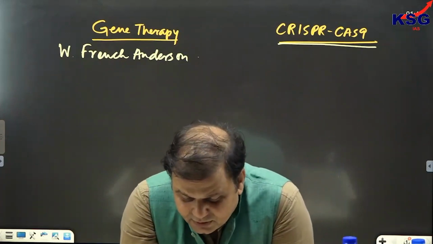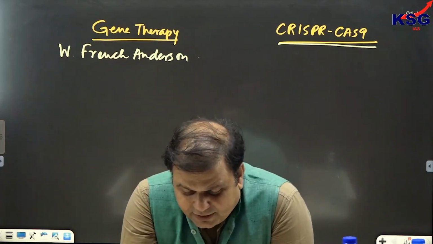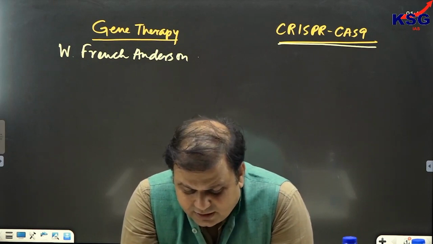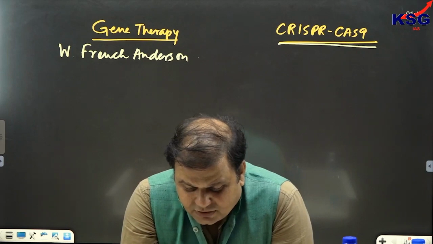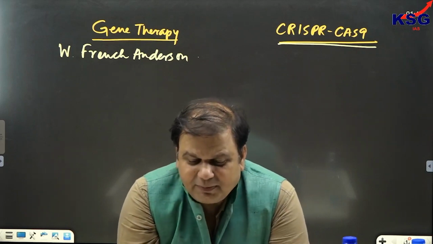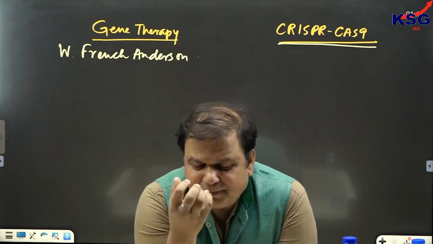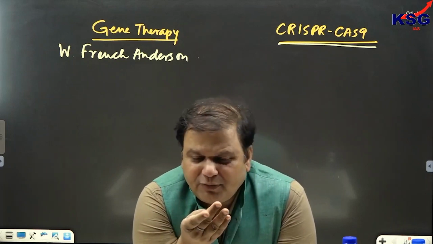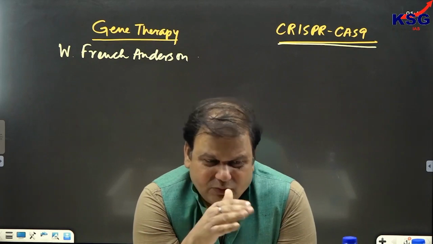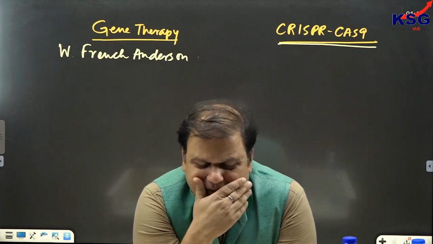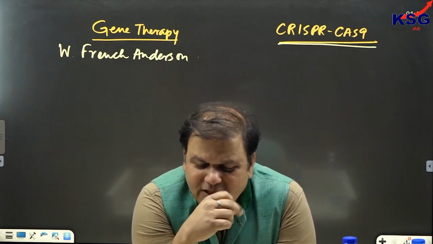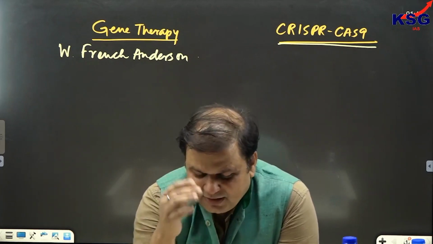Clear? Yes, gene editing tool I'll discuss just now. The purpose of gene therapy is to remove an inherited disorder in a person. It was developed by W. French Anderson. And how is it removed? First of all, what happens is that